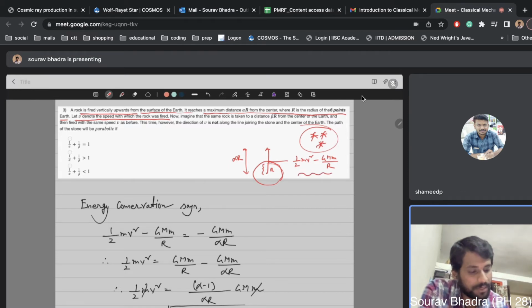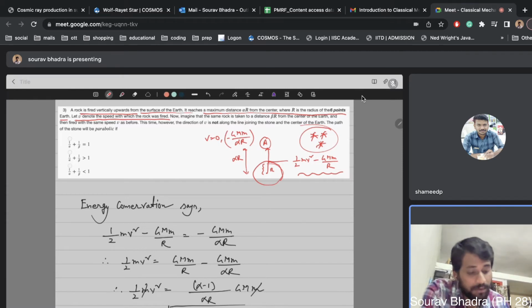So this is your total energy at the surface. At this highest point, let me call it A, the particle or the stone attains zero velocity, right? Because at the highest position it will attain zero velocity, and then it will start to drop in the opposite direction. So here at point A, v equals 0, all the energy will be potential energy, that is -GMm by alpha R,